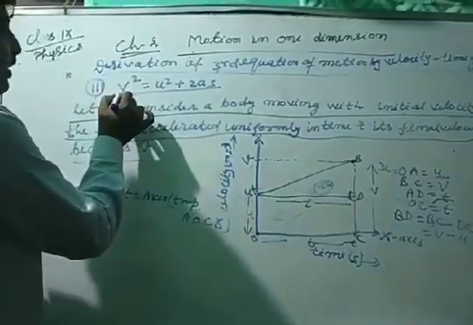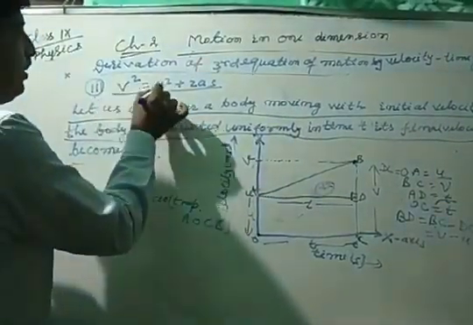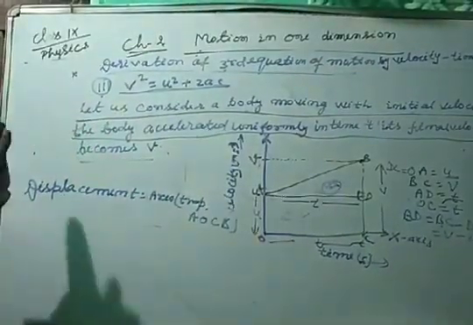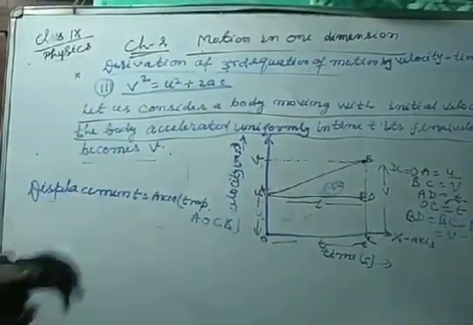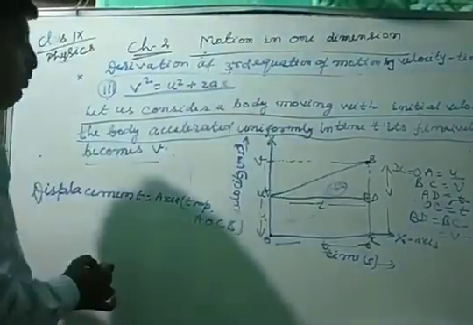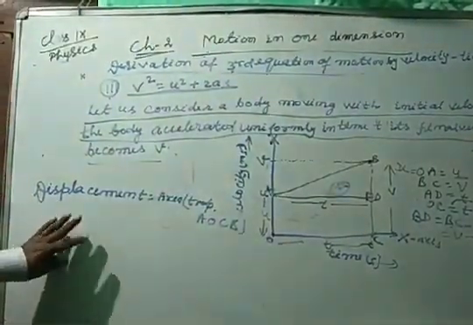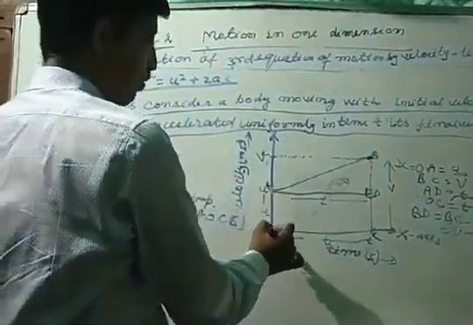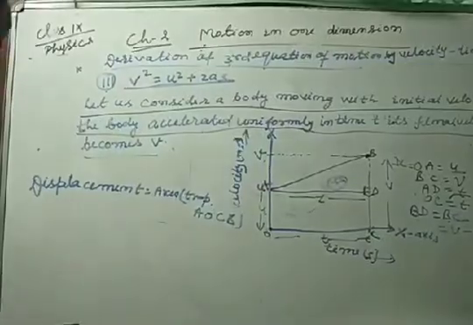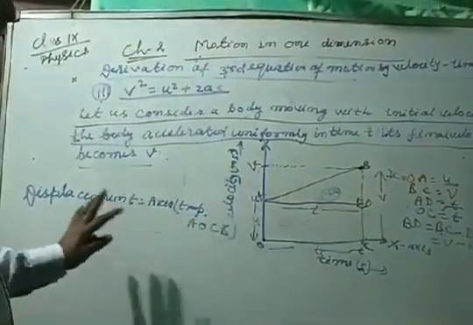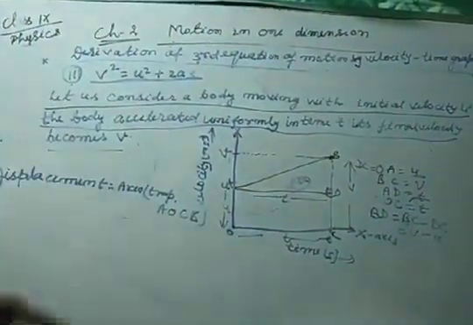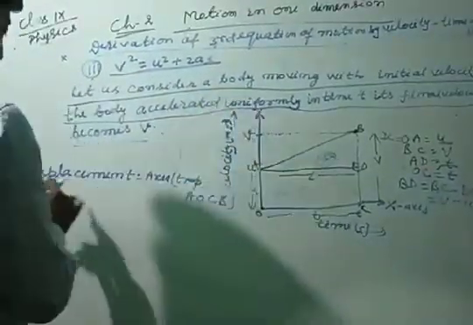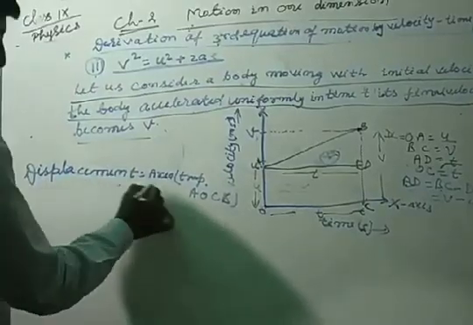Let us derive the third equation of motion: V square is equal to U square plus 2AS. This equation of motion is also derived in the same way as the second equation of motion. Here S is equal to displacement, so we obtain displacement by obtaining the area of trapezium AOCB. The statement will remain the same as for the first and second equations of motion. After writing these statements, we can write the displacement is equal to the area of trapezium